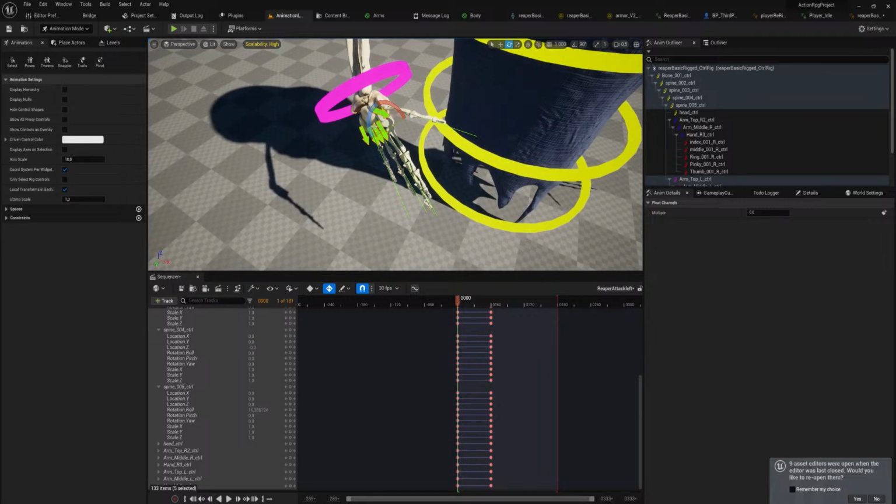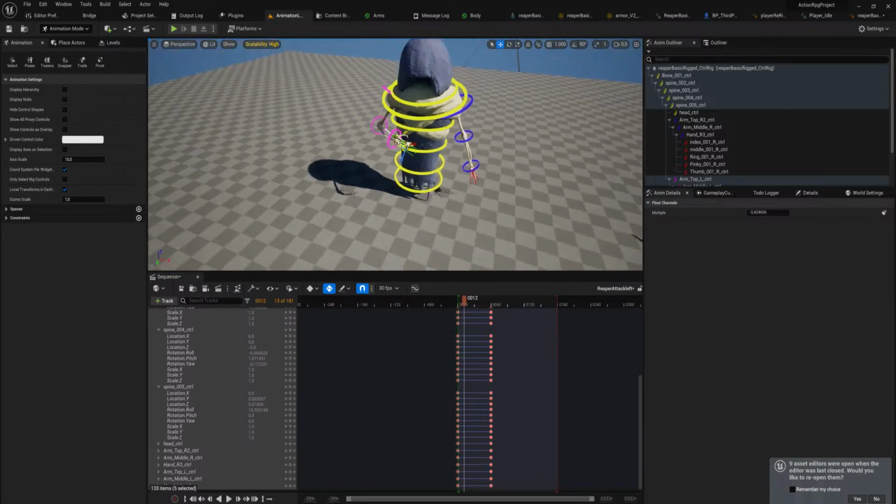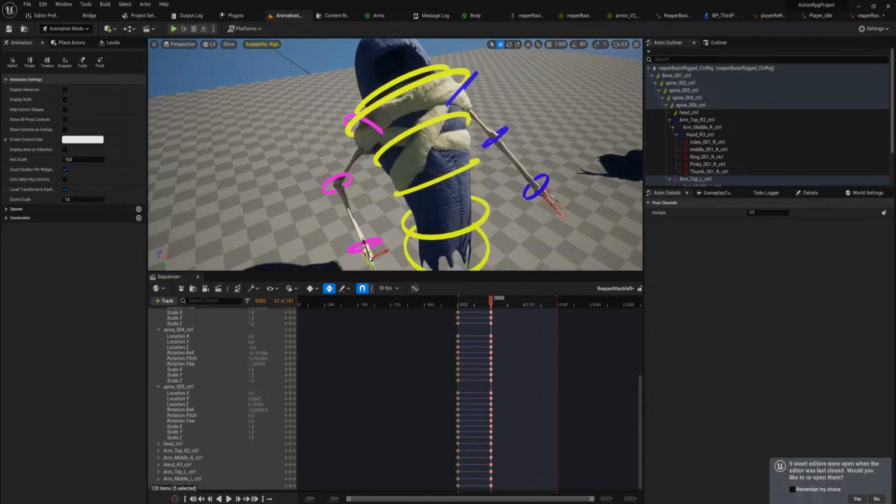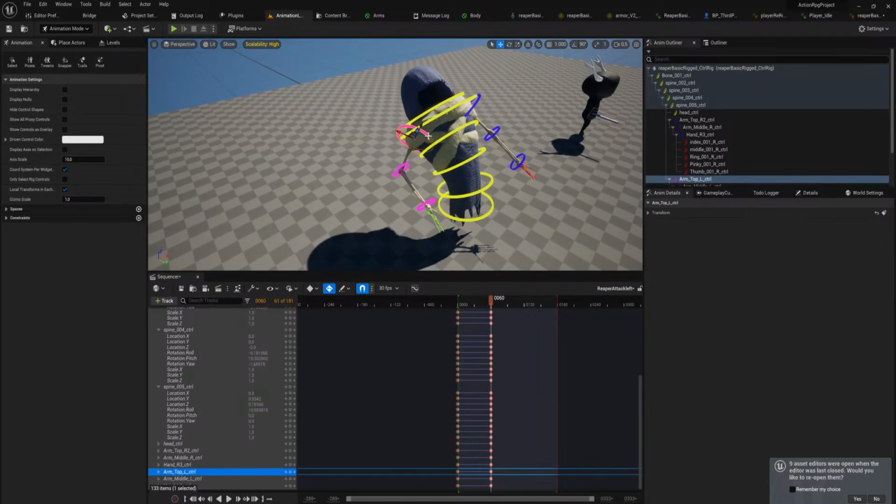Start with these a little closer down as well, so we can have a proper extending movement. Honestly, want this to be a little bit more like